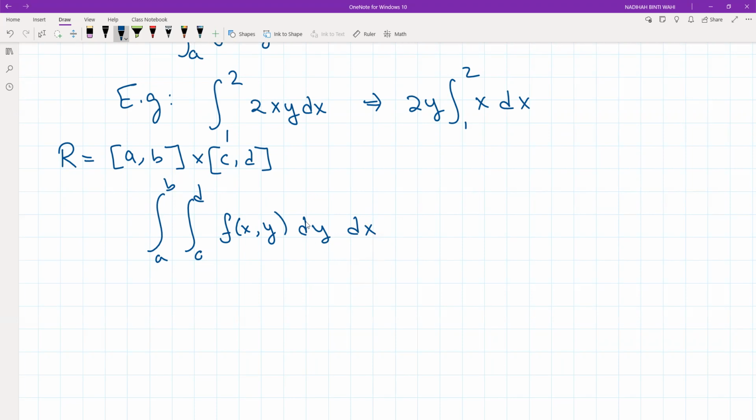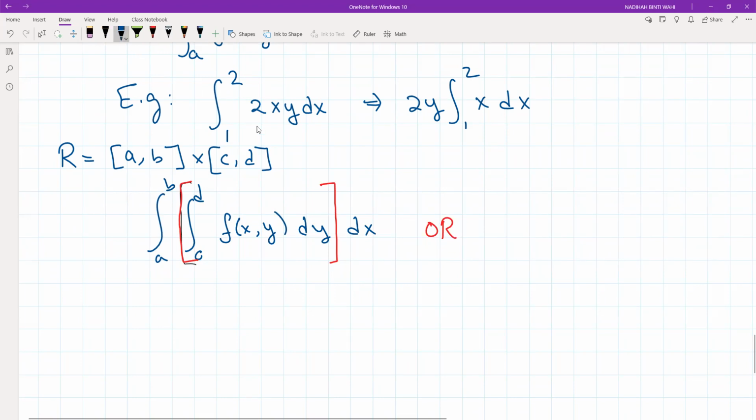Okay, so apa saya buat? Saya boleh integrate yang di dalam. So I need to integrate the inside first, and then awak boleh integrate the outside first. Or ataupun